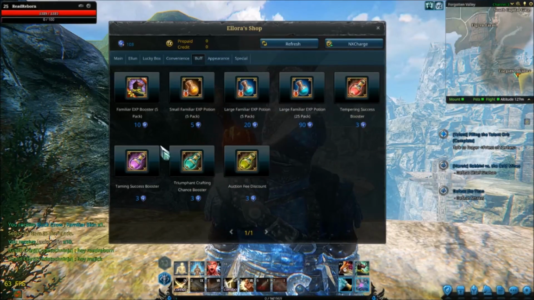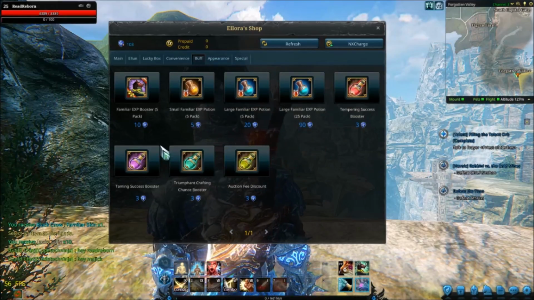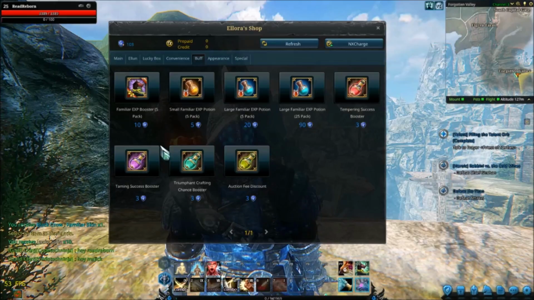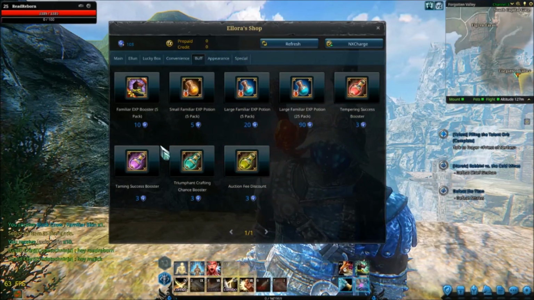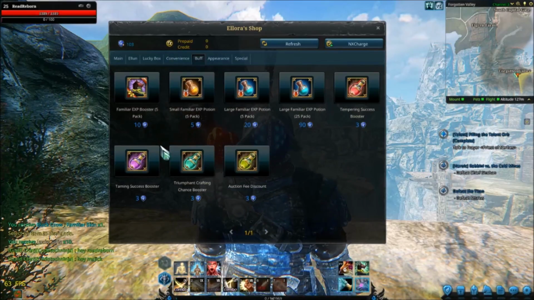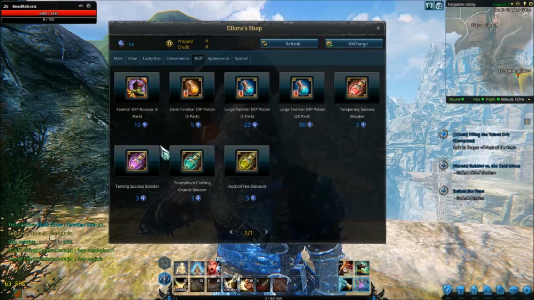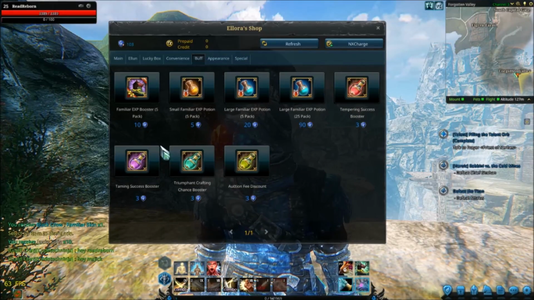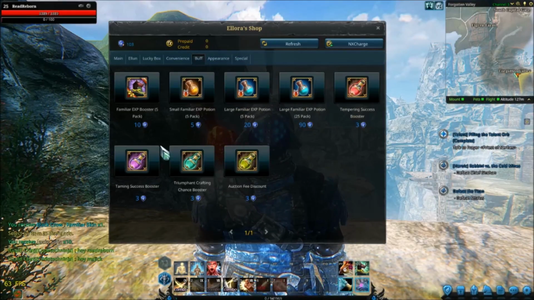win. But if you just want the odd mount, just to look cool when you're flying around, or just because you need another seal stone for your gear, you need to fill up the seal stone section in your gear, then that's fine. But when you look at it in the long run, spending a lot of money, then yeah, I think it could be looked at as pay to win, because the more money you spend in that, the more mounts you can get, and like I just said, the more pets, the more seal stones and stuff like